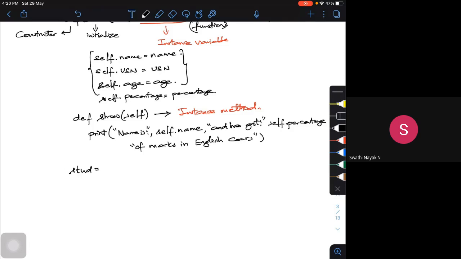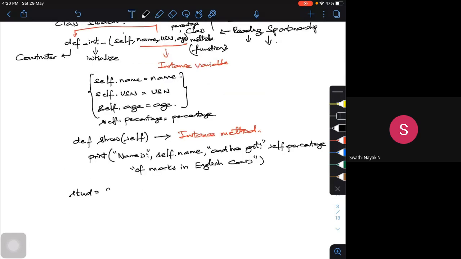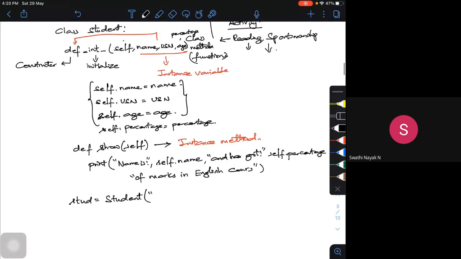So I have to define this student class. Okay, here I'm going to give the name. So all the data I'm going to give. So let it be Aravind is the data. Then register number is some number 1BM18. Don't worry, I'm not giving any number. So this number will come. Okay, then age, okay, 24, some 80% of the marks. Okay, so this data I am trying to do.